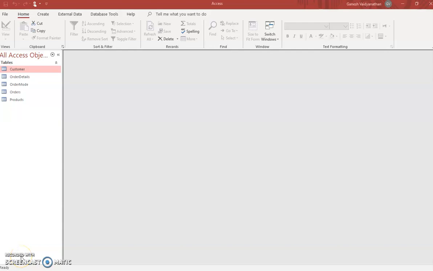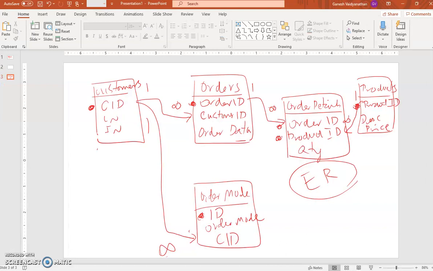Okay, so we have looked at all the tables. We know the content of all the tables. We have done an ER diagram. And one thing in the ER diagram that I want to talk a little more about is that we need to